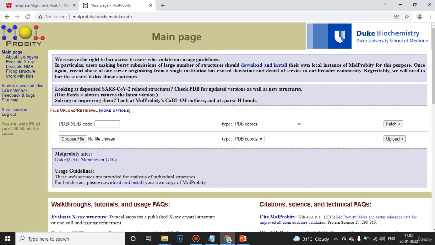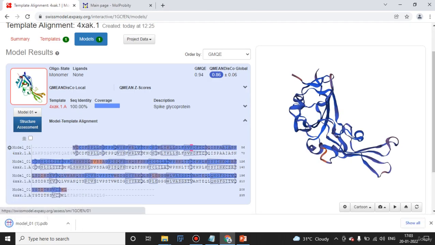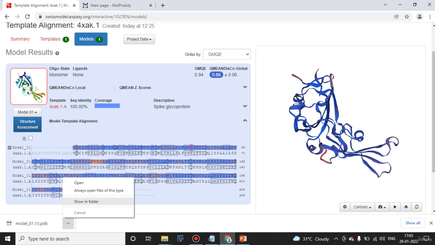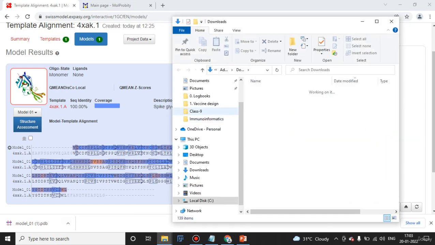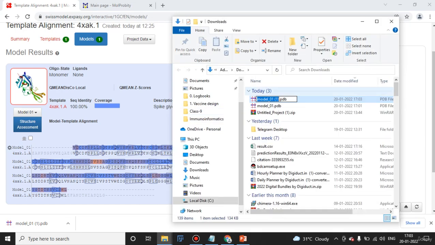So here in the MolProbity page, you need to upload the PDB file. We did not download it yet, right? This was the Swiss model result, the model that we got. So click on model 1 and PDB format, where you will get your PDB file. So let's rename it and keep it in your particular folder. Rename it as model 1